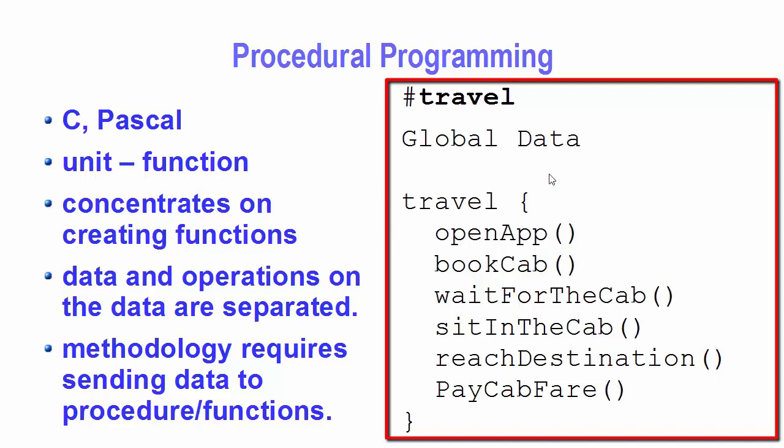in a procedural programming language. In these types of languages, we concentrate on creating functions, and the major drawback of using these functions is that data and operations on the data are separated. That means we need a methodology to send this data to these functions. So we need to send the data which we have saved globally into these functions, and these functions take this data either as an argument or as a global variable,